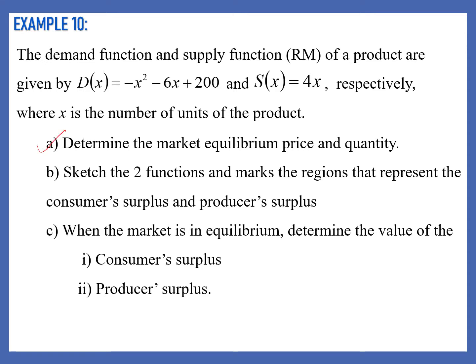Okay, and then the second one, we want to sketch the two functions and mark the region that represents the consumer surplus and producer surplus. And then C, we want to calculate the consumer surplus, and last but not least, the producer surplus. Alright, so for A, we want to find the MEP, market equilibrium point, which happens when the demand function